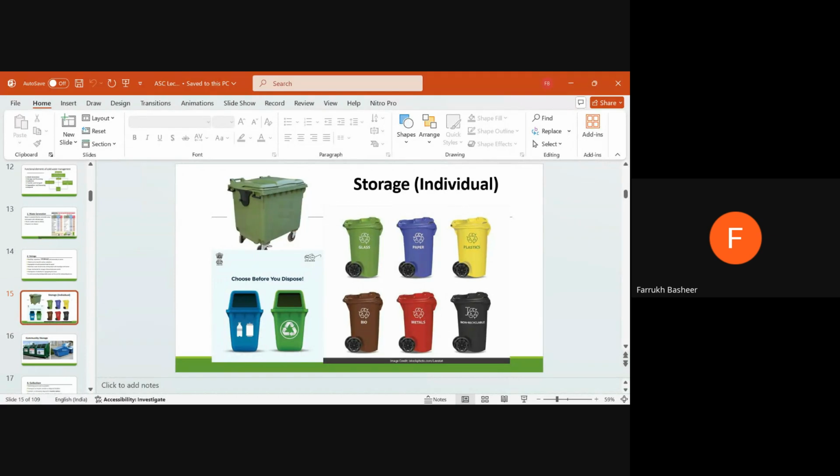So these are the storage options at the individual level. Here you can see these types of bins in use in some malls or big localities or flats or residential areas. There can be a green or blue container, one for recyclable, the other for